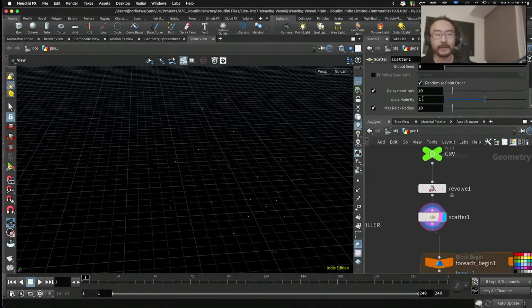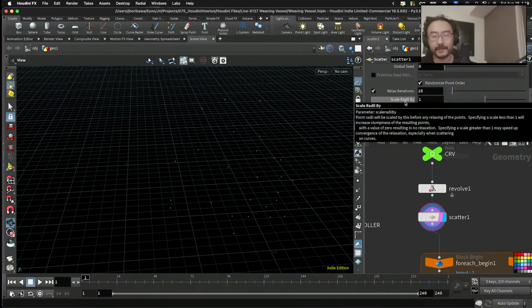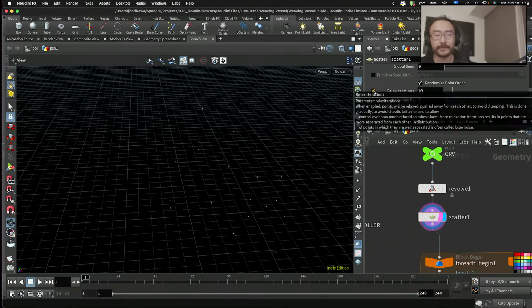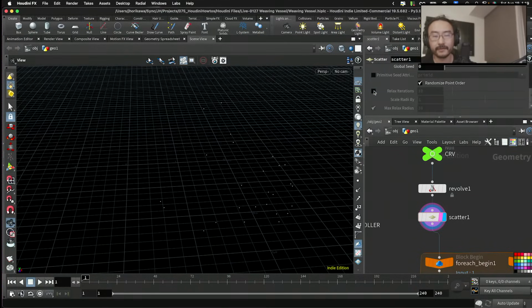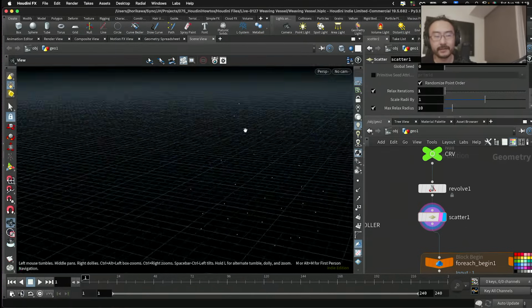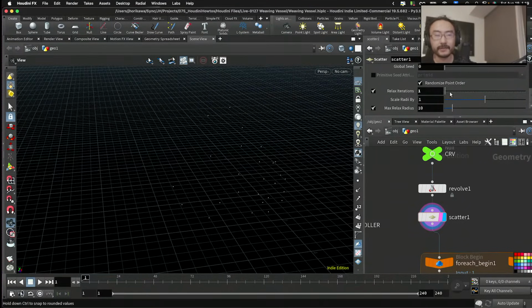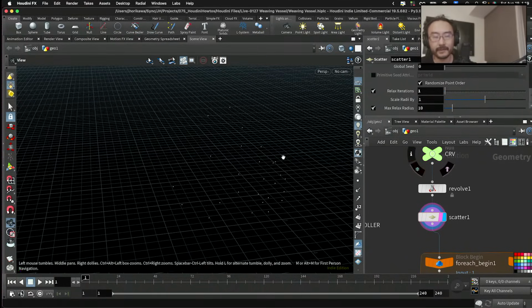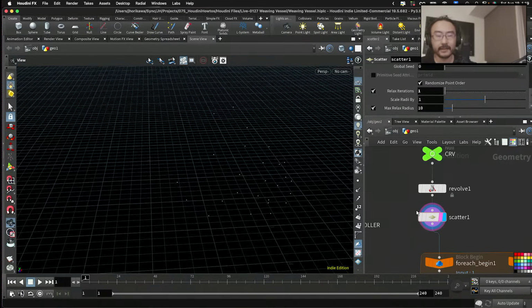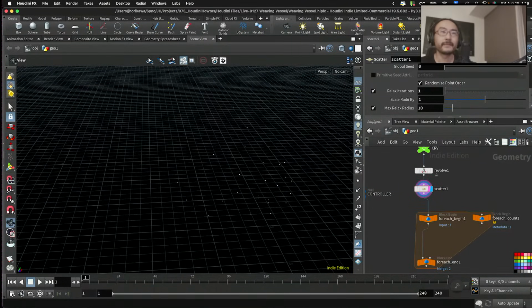And if you want to have more randomized positions for the points, you can also turn this off or make this value small. Okay, it's up to you. I'm gonna make this to 1, just a little bit of relaxation. Okay. Now next I am going to